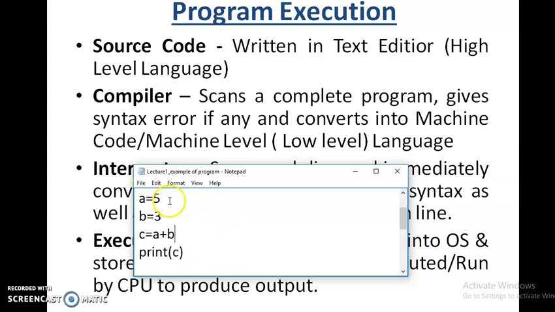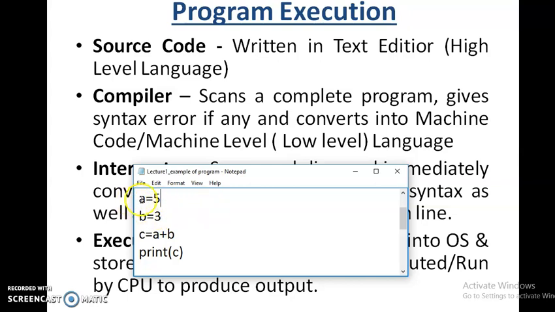If there is an error, like if I give a full stop here, it is not allowed to give a full stop at the end of the sentence in any programming language. So after scanning this whole program, a compiler will give the error in this first line to remove this full stop. And once I correct this error after it is notified to me by the compiler,